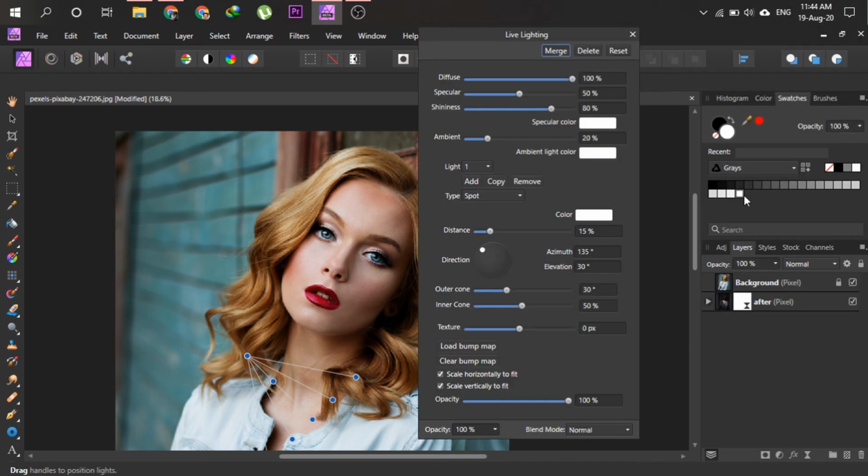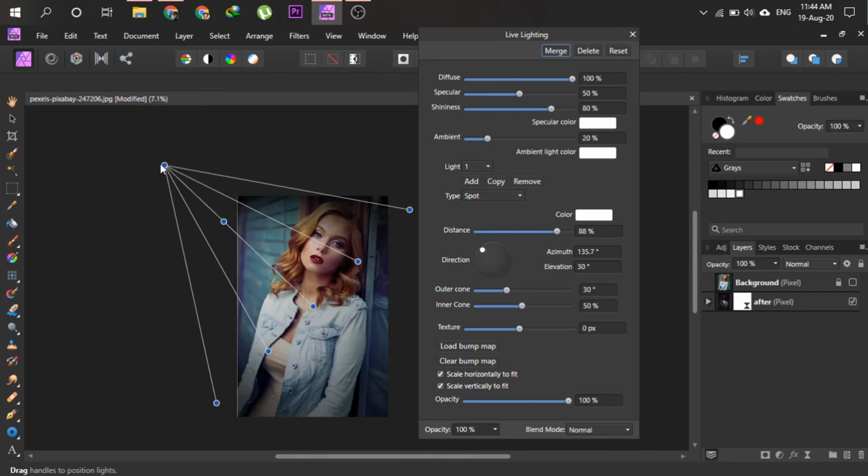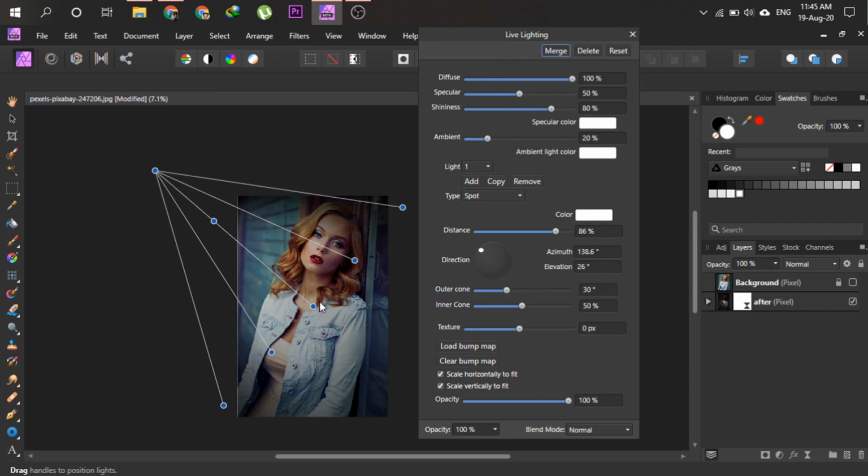Make sure you disable this background layer. Change the lighting direction.